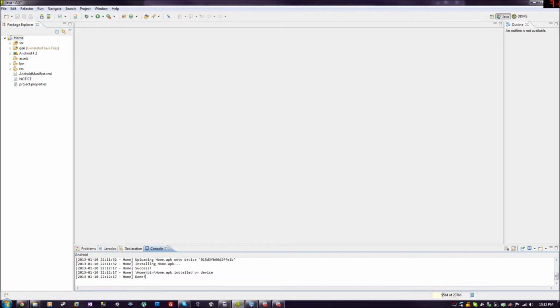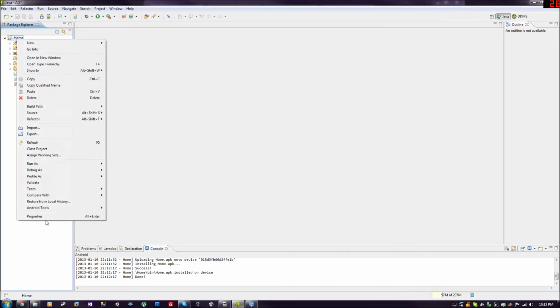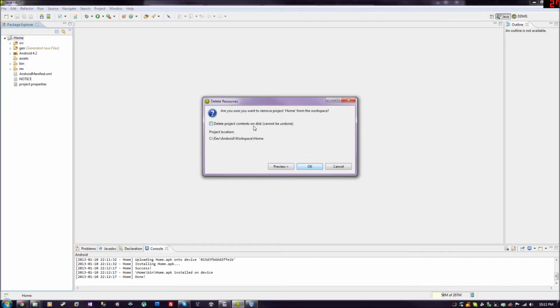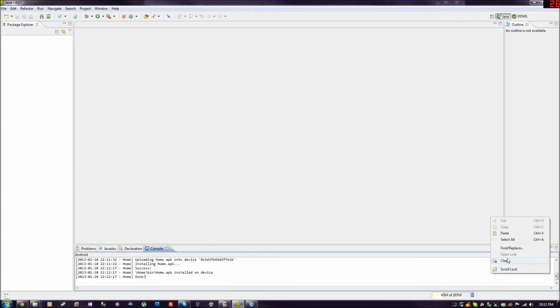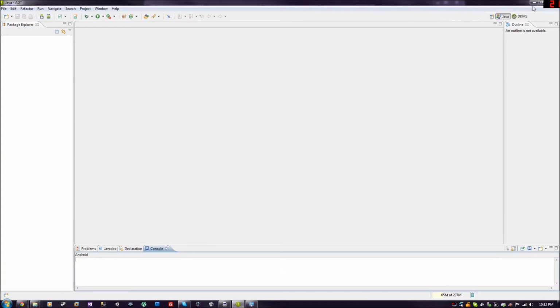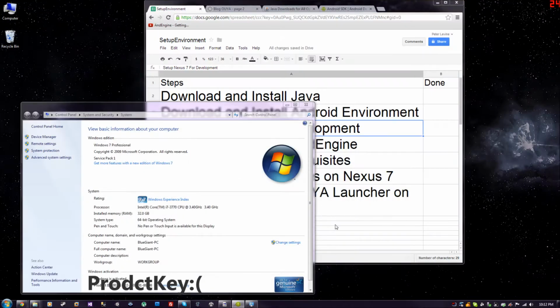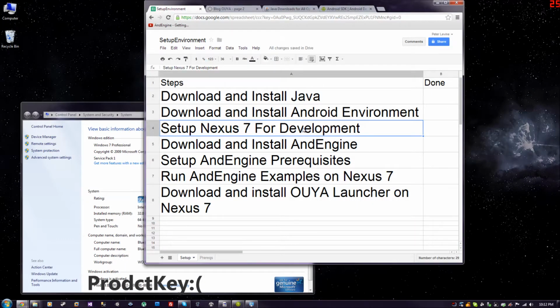Now it is done. So great. That was just a quick example to get that running. So I'm just gonna remove this project real quick. Sample project. Clear this out. Alright, so we set up the Nexus 7,